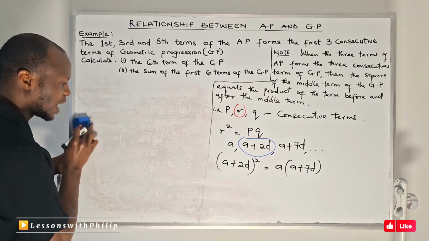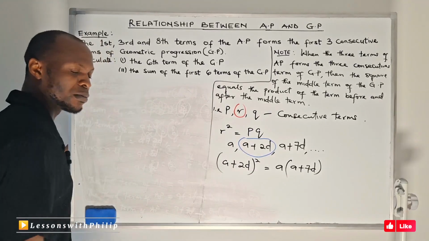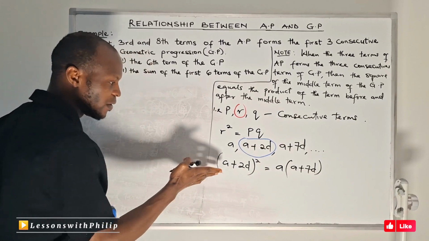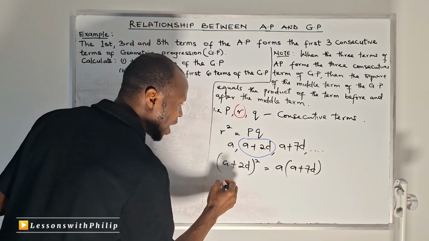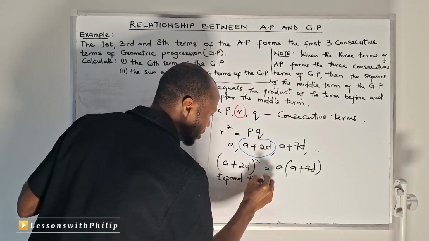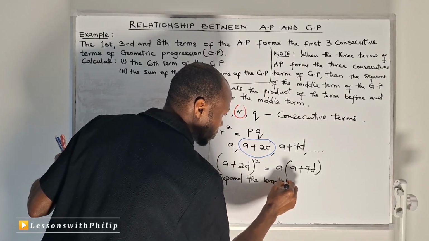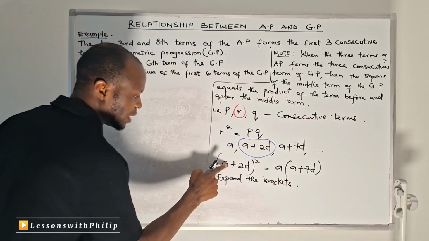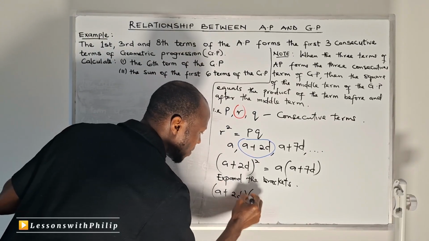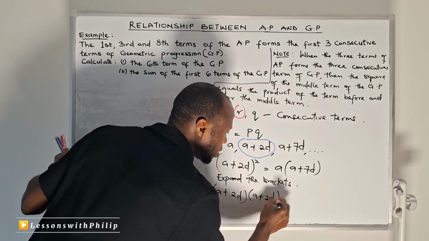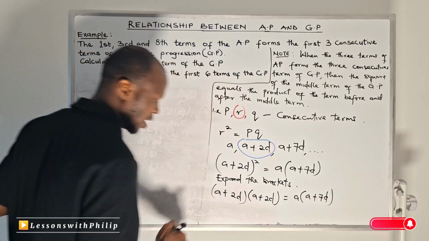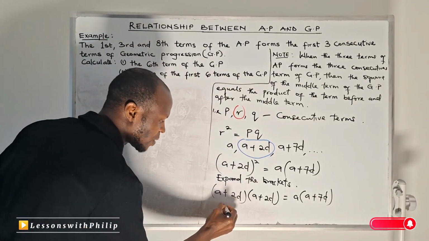This is very simple and you definitely get it well. Now, we have been able to form an equation. From this equation, we can continue. If I expand the bracket, it means A plus 2D multiplied by A plus 2D equals A into bracket A plus 7D, right? Now, if I expand this further, if I open the bracket,